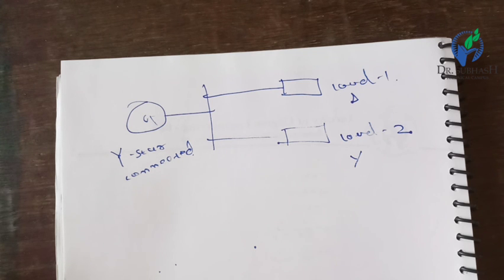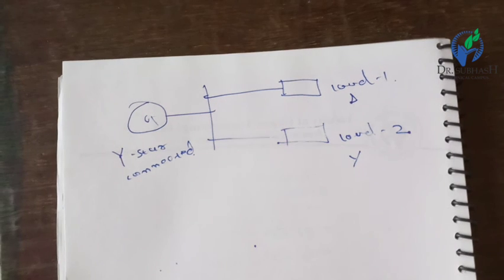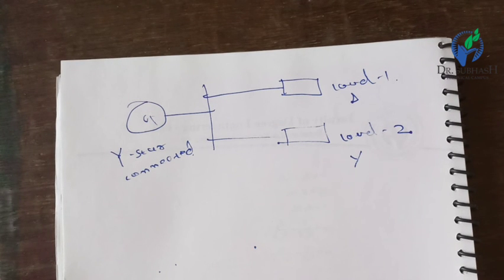Third, the total real and reactive power supplied to the load at the point is examined. The fourth one is the system power factor at that point using the power triangle relationship. And the fifth one is the line and phase current at that point. We can treat the line voltage as constant and use the power triangle method to quickly calculate the effect of adding loads all over the power system and the power factor.